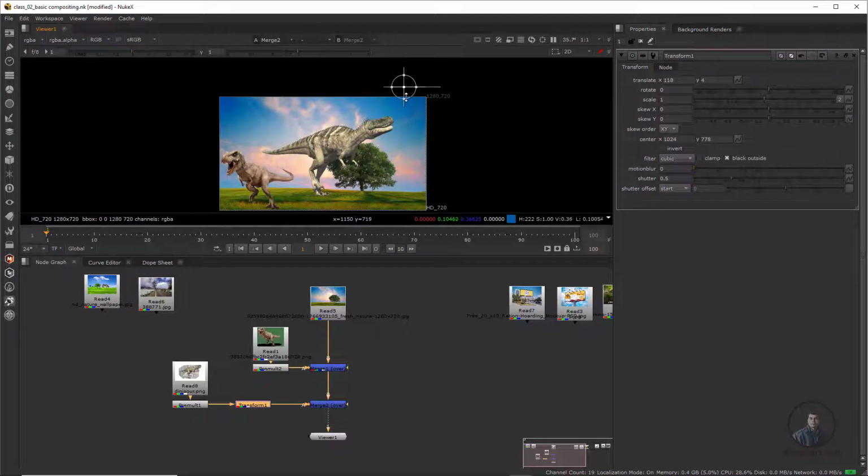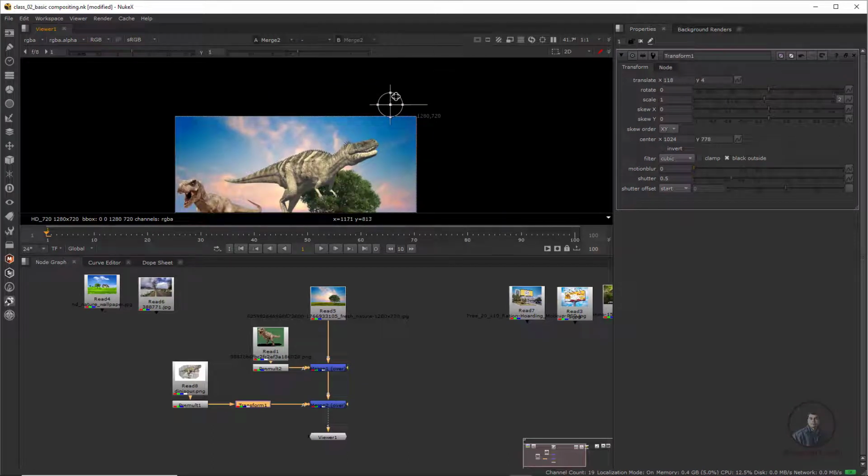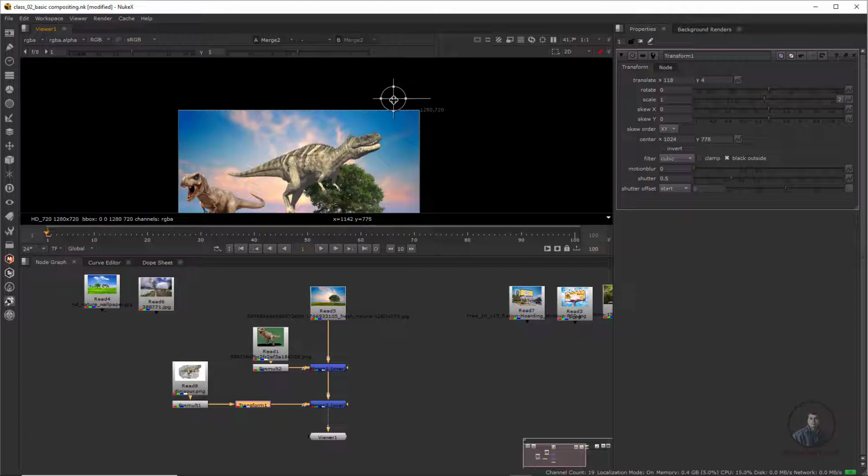If you see here, this gizmo or whatever control you are going to see here is displayed here. This is actually the anchor point, you can say. If you want to scale and rotate, it will rotate around this point because this is the anchor point. Remember this one, okay? If you also want to move your anchor point or center point, you can see here, then hold Control and simply place it here. So this will move your anchor point, not the object.